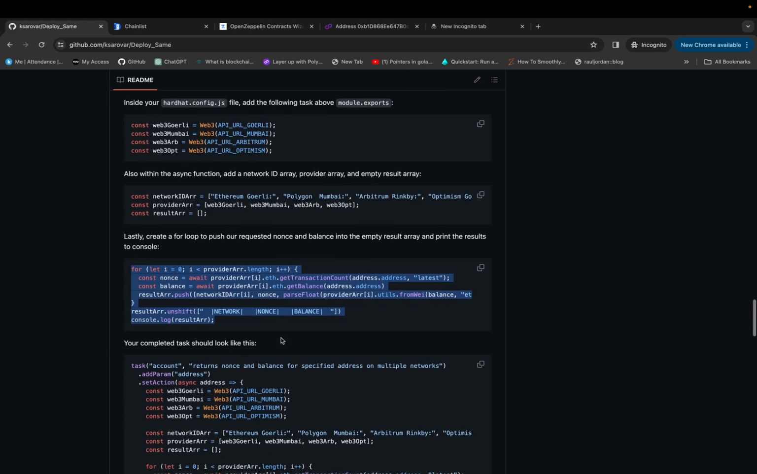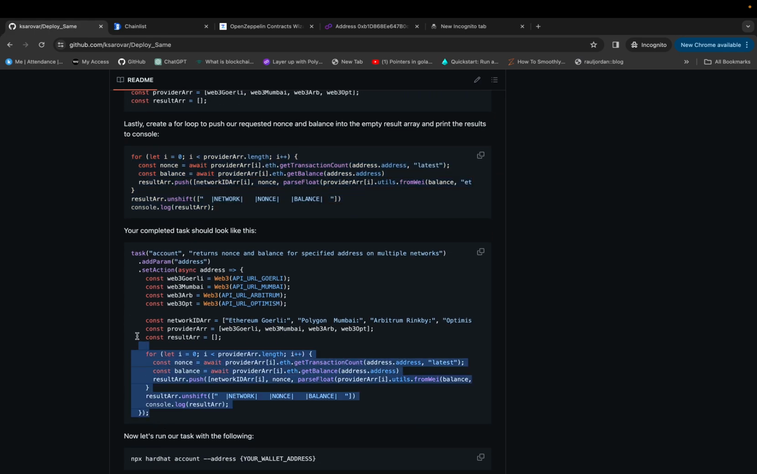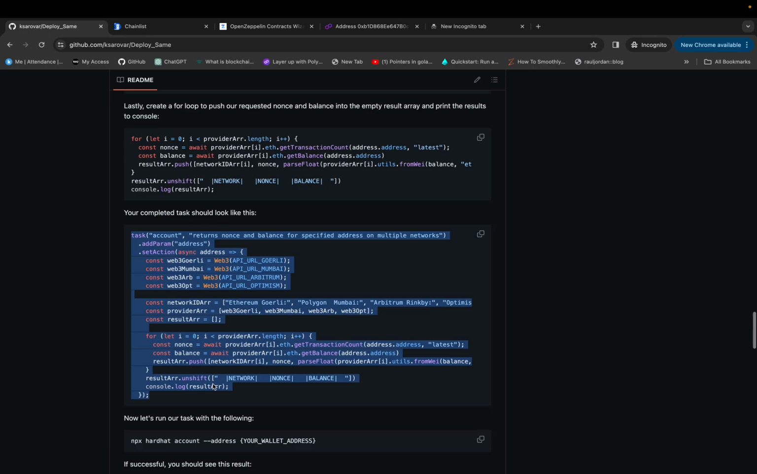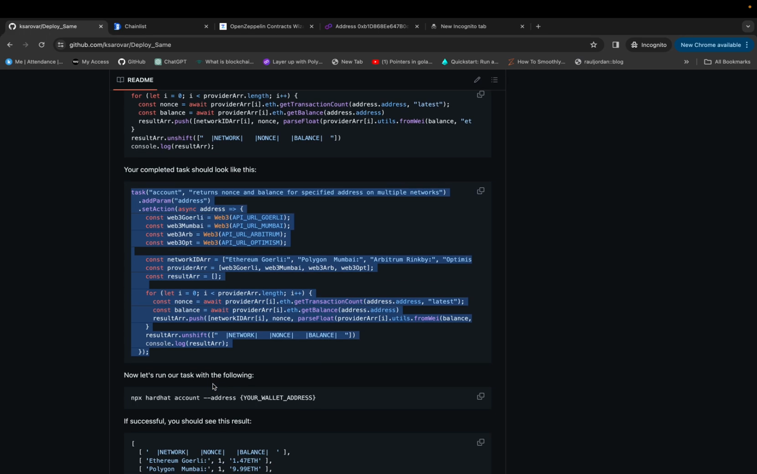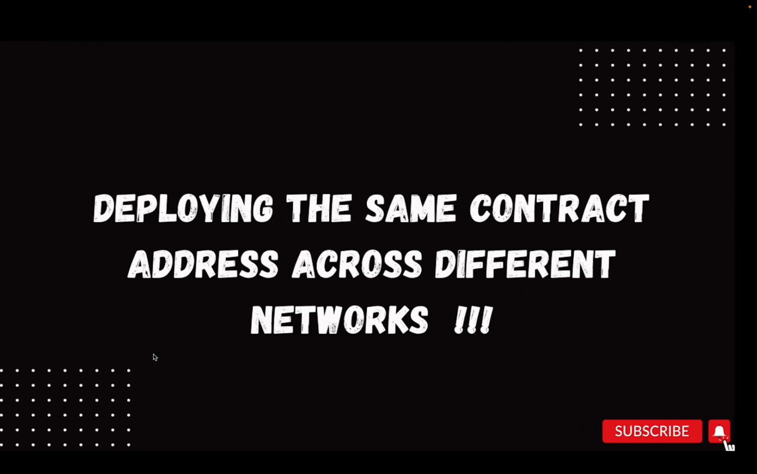So it is also necessary. It is a total script to do that. After that we have to check nonce and balance. So after creating this function, here you can see